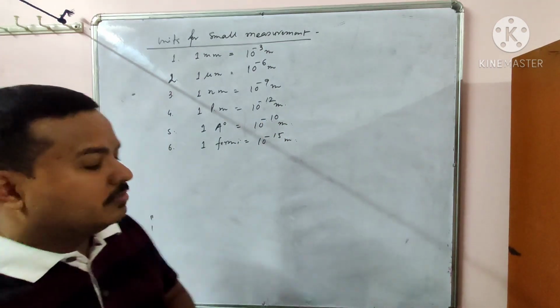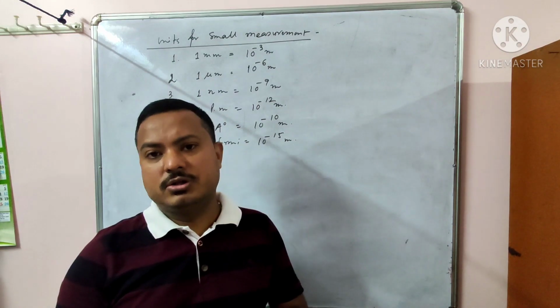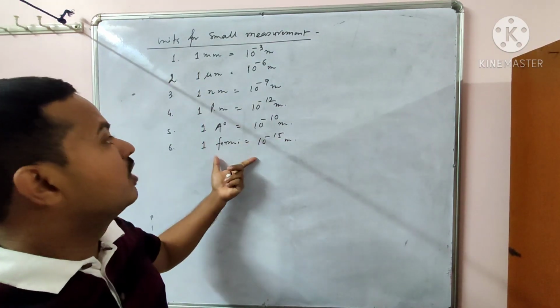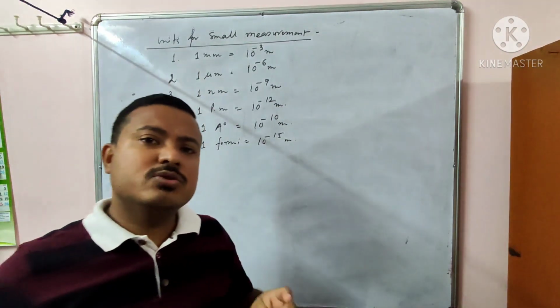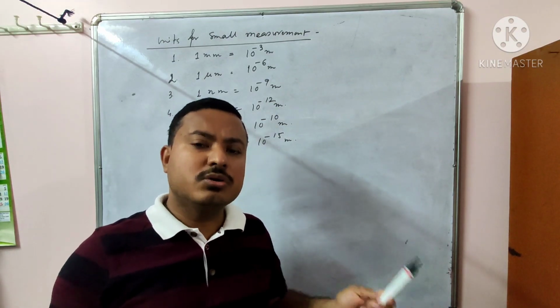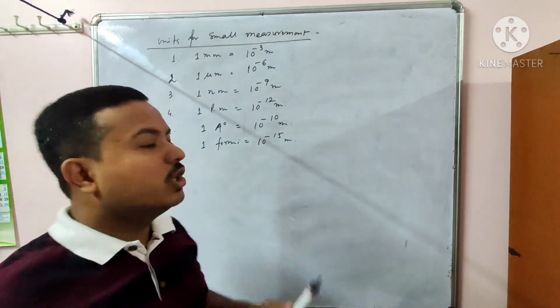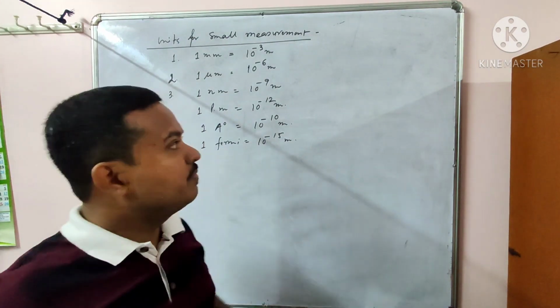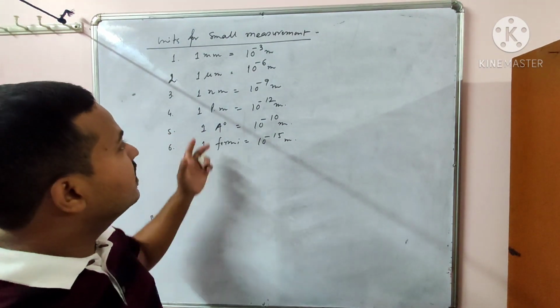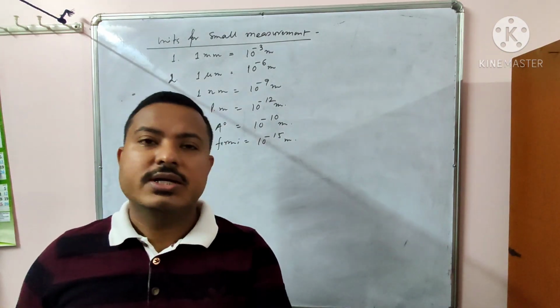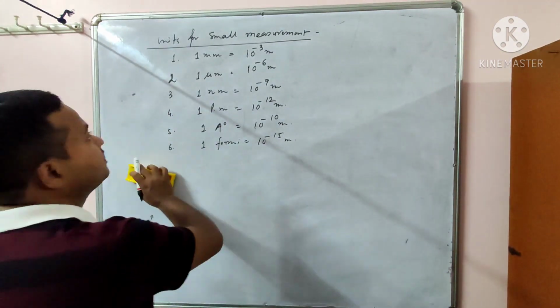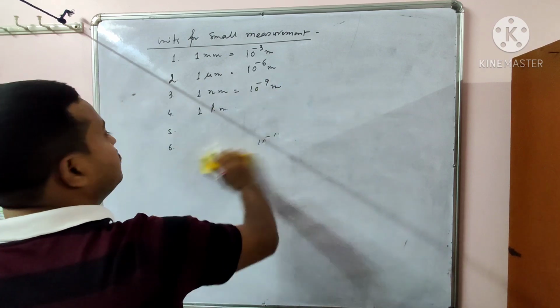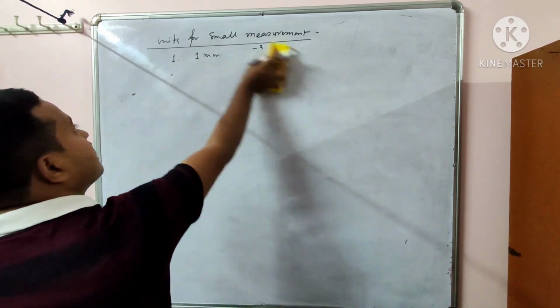So as we have large units, we have small units also. These are used to measure small distances. You should just remember these things. In order to convert into SI unit, you have to use this. This is in fact a very simple thing. As this is the first chapter, let me revise all these basic things which will be used later on. So these are the units for small measurement.